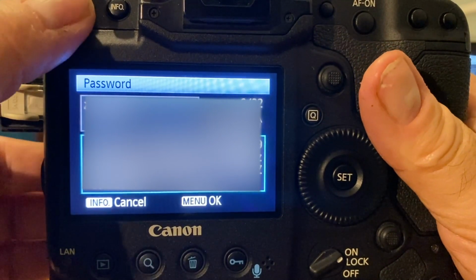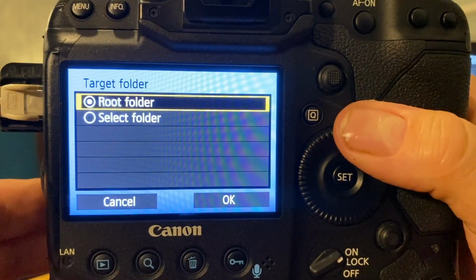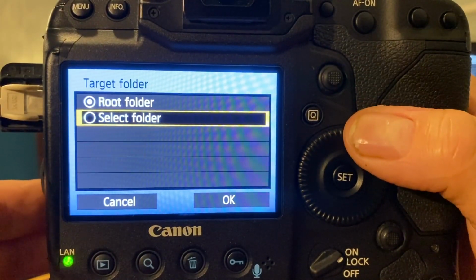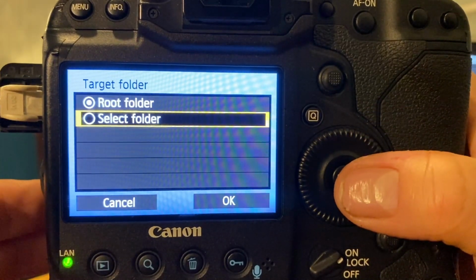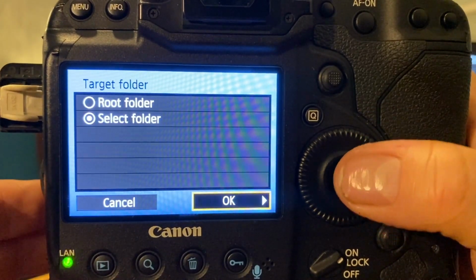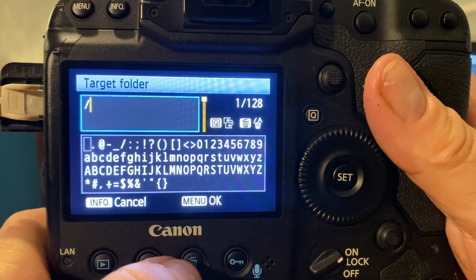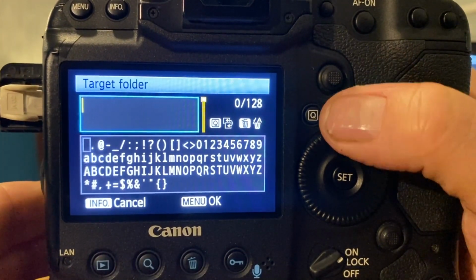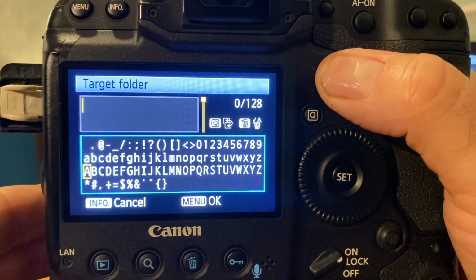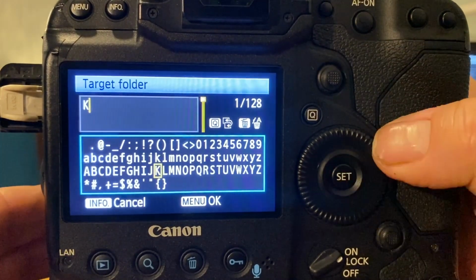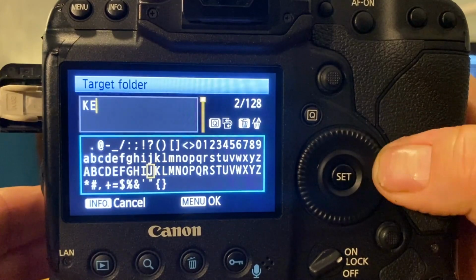That's that menu for OK. Now we need to select the folder, and this folder is my surname, so we'll select that and OK. So we don't want that /, so we'll just delete that with the bin button, and then Q button, into the main menu. Now my folder is my surname, so